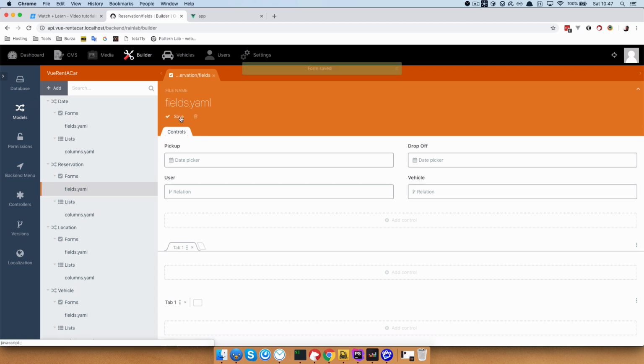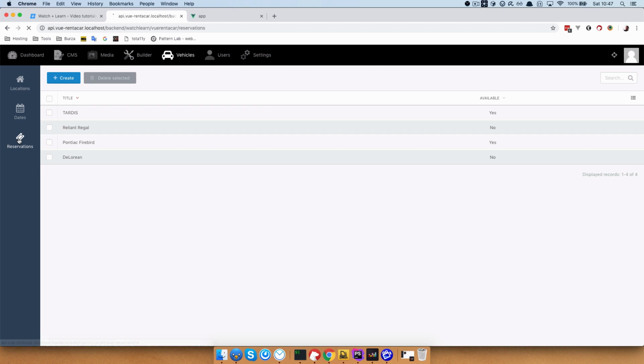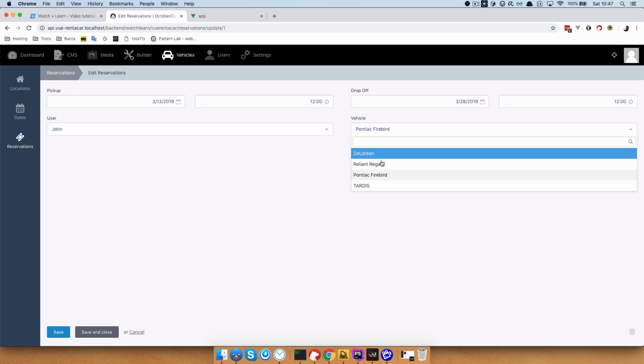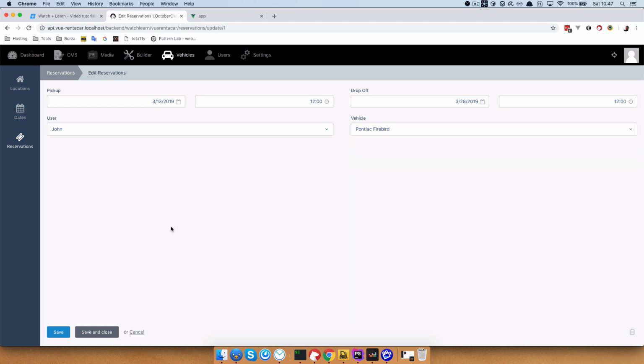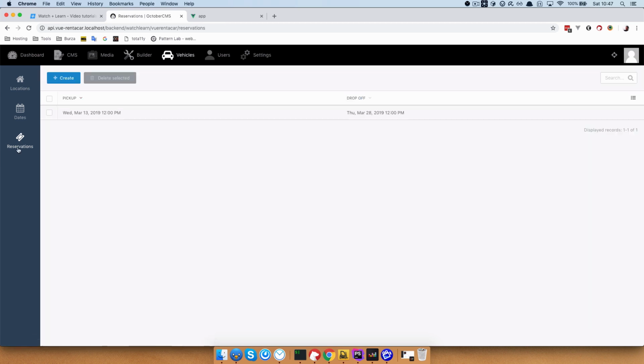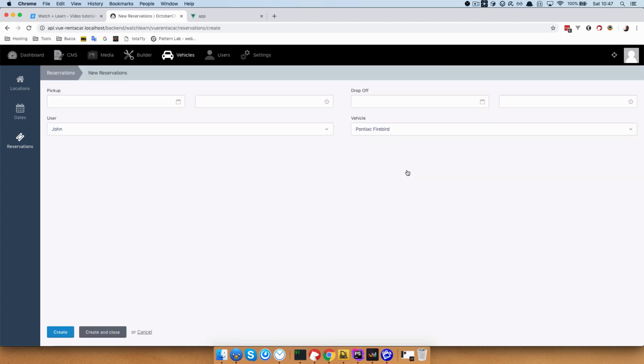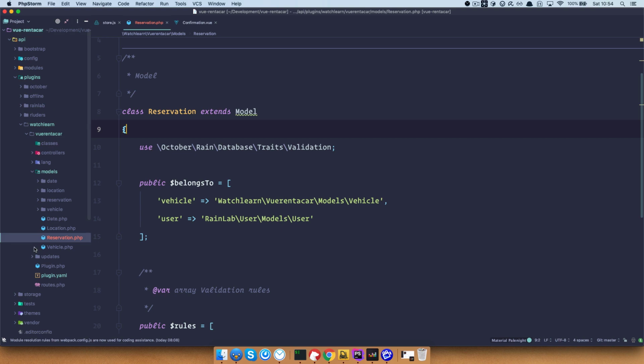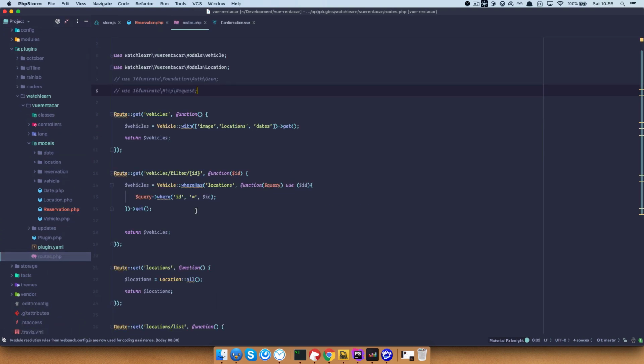Okay, save this. Let's go to vehicles, reservations, and now when we click on this reservation, now we get all those vehicles. Okay, great. So when making a new reservation, this should now work. Great. Okay, so we created our reservation, the reservation works, and now we need to create a route in PHP that will actually create this reservation. So we go to our plugin and go to routes.php, make this bigger,